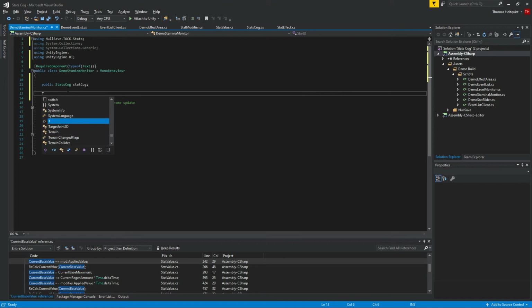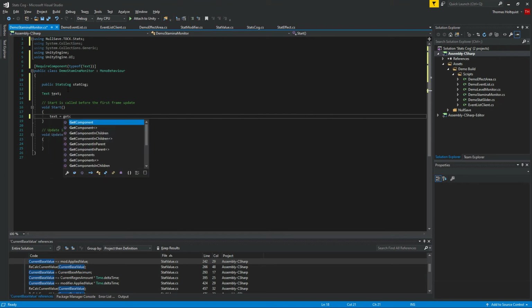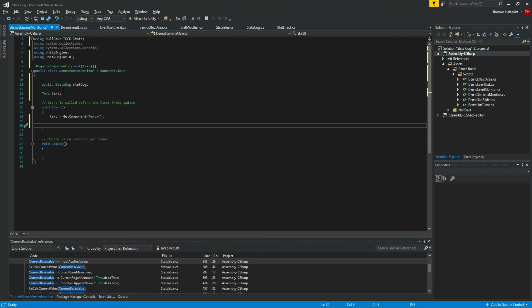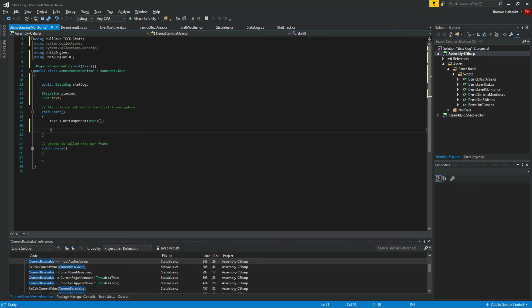And we're also going to need the text. So we'll set text equals get component text. And we'll also need a stat value, which we'll call stamina. And we're going to set stamina equal to